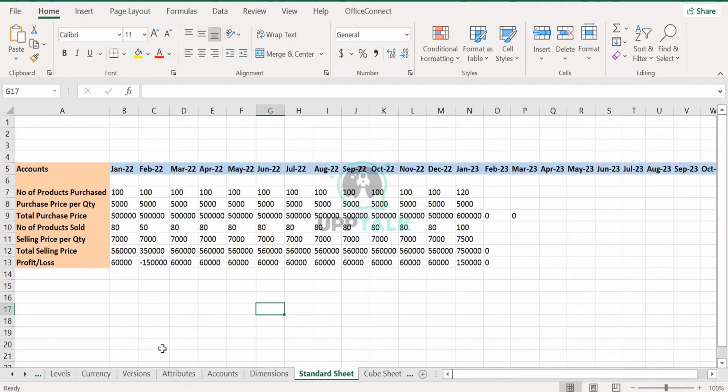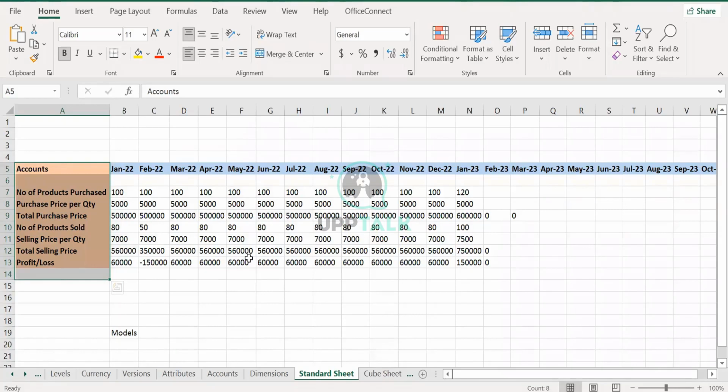Basically, there are three types of sheets, or sheets are nothing but your models. These are models. Basically, in an Excel file, whatever you create, you have something in this column, you have something in rows, and then you enter the data, right? That is called a sheet. Similarly, in Adaptive, that is called a model. It can be any financial model, it can be any kind of operational model, whatever it is. You have to understand that.